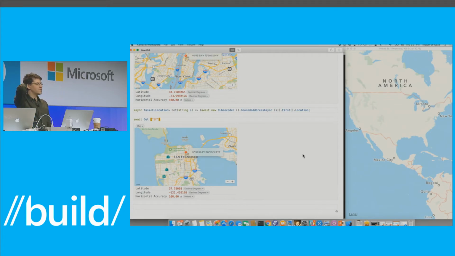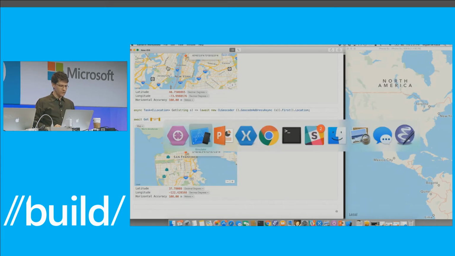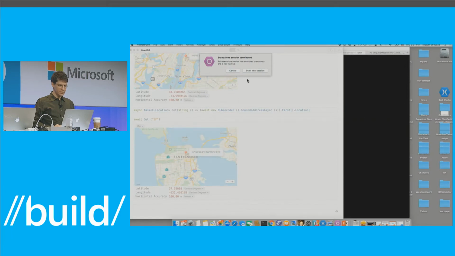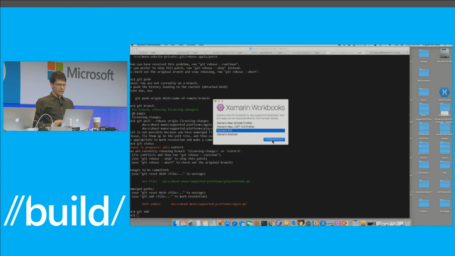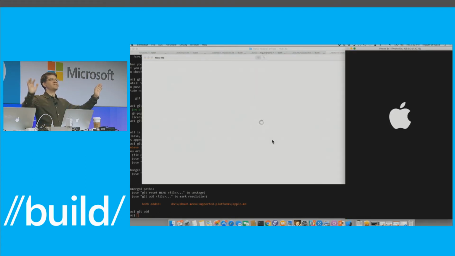Now let's take a look at the inspector capabilities of this. So I'm going to just quit this puppy. Yeah, just cancel this. Let me close this. Don't save. Oh, I didn't show you this. Let me start it again. Okay, we're going to do this again from the top.